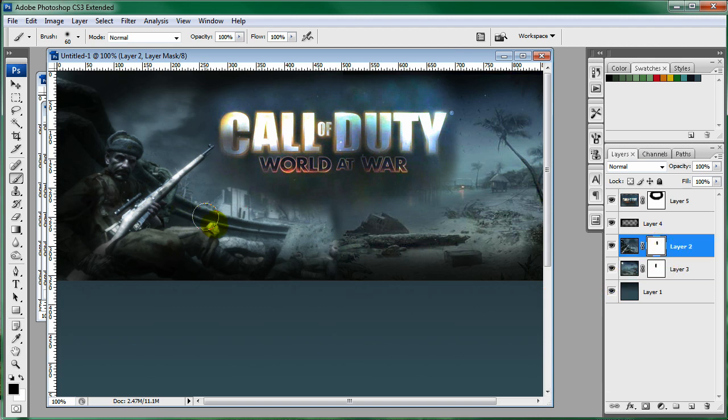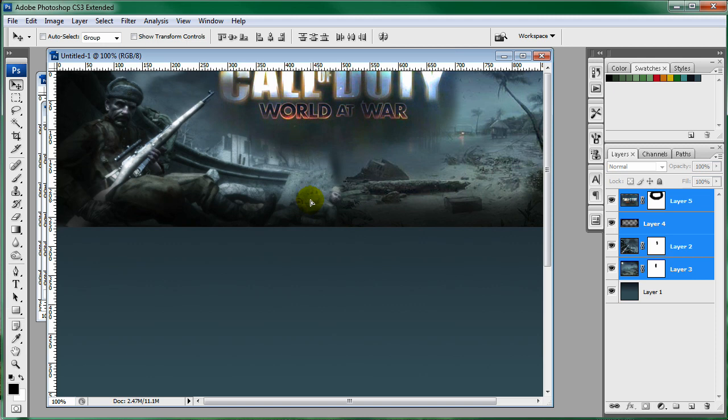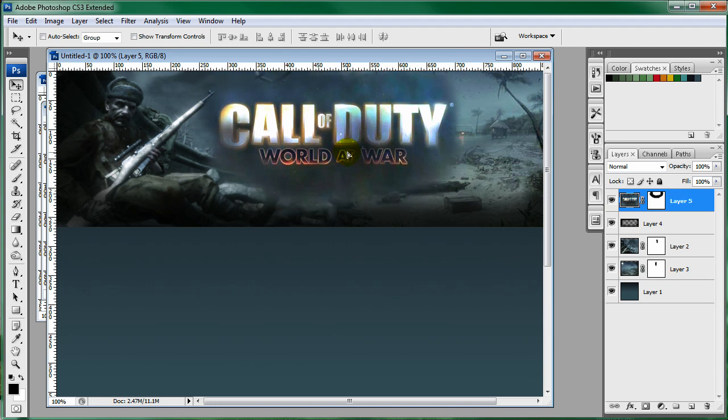Come back to layer 2, the layer mask, and change your foreground color to white, and just paint back his head. Make sure you don't get that hard edge. And then one thing I'm going to do is select all these layers, and I'm going to hold shift and drag it up so this header isn't as large. Let's bring this down